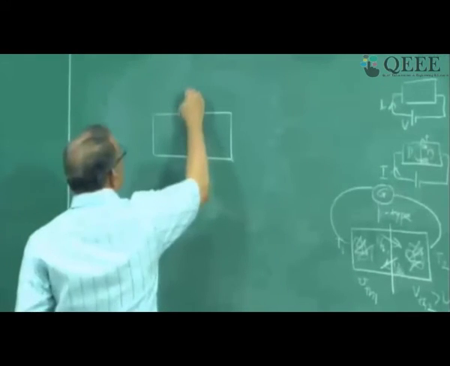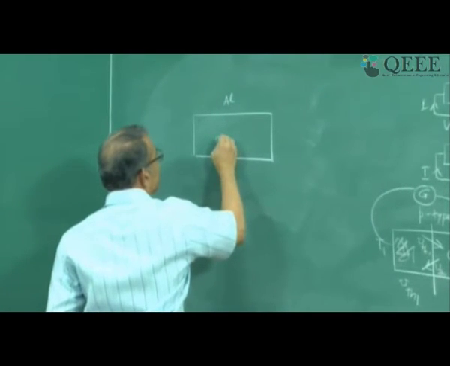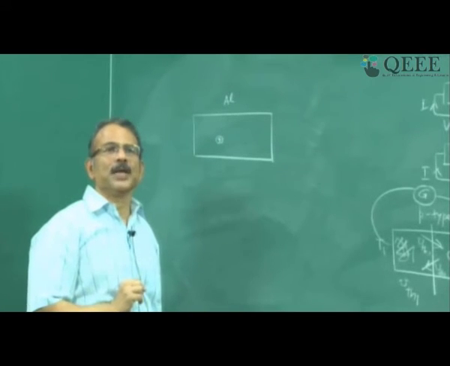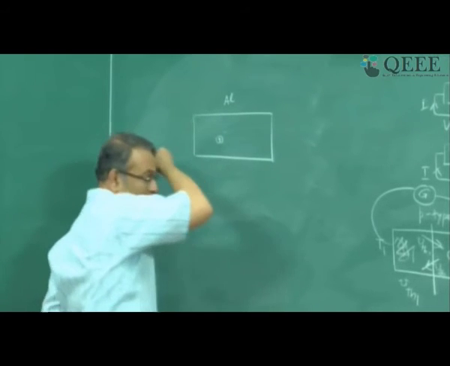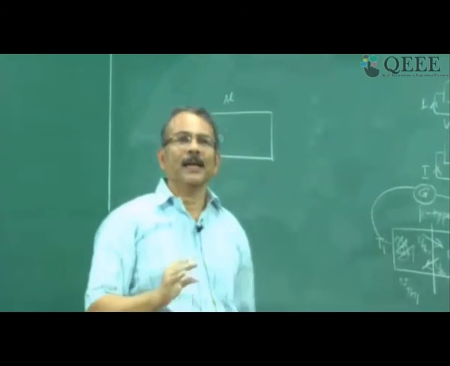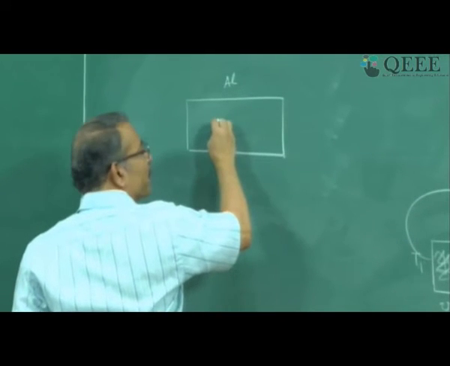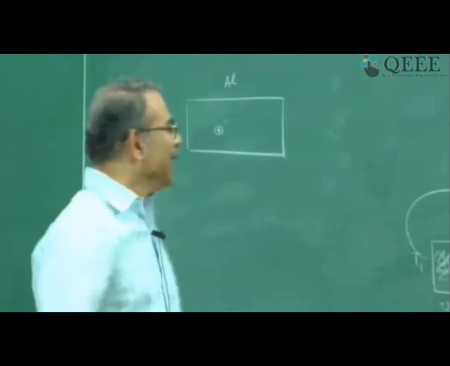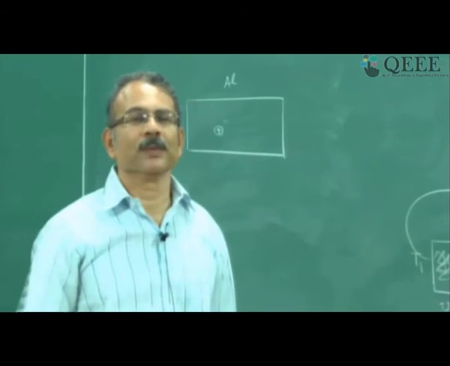Supposing you take aluminum. There is a positively charged aluminum atom, a nucleus, and it has electrons. Each aluminum atom is providing one electron. So in metal, the picture is electrons and ionized nuclei, ionized atoms. Now the ionized atom does not move, right? The positively charged atom does not move.